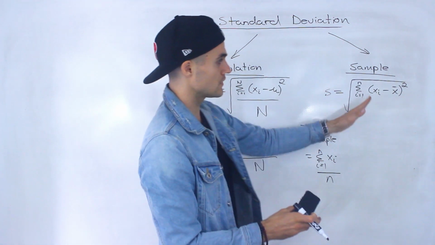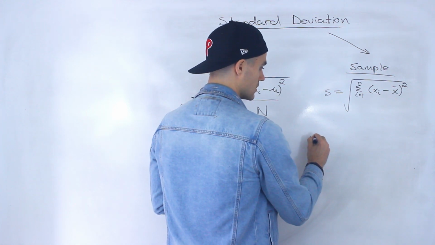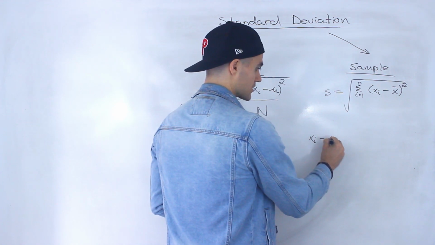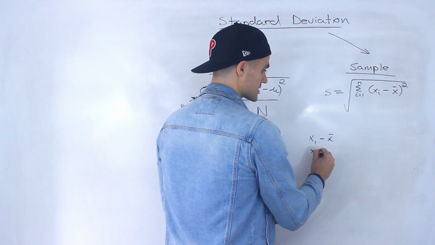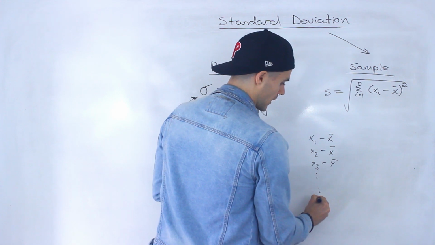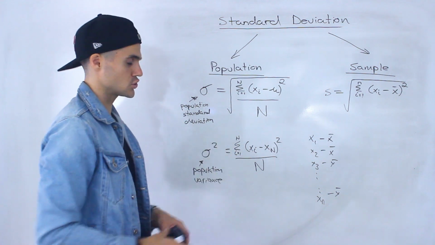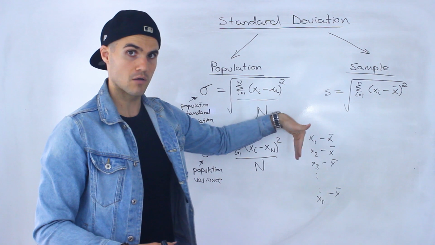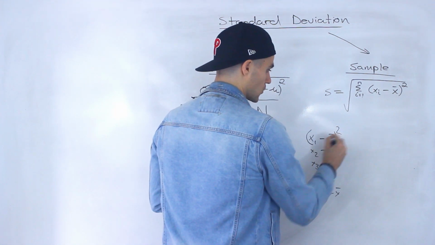So we're taking all the observations like we did with the population. It's the exact same thing. We're taking all those observations in the sample and we are subtracting that sample mean. So sorry, this would be x1, x2, x3, all the way to x small n. Okay, we're going to see how much variation there is for these observations from that mean. And then as we did here, what we're going to do is square